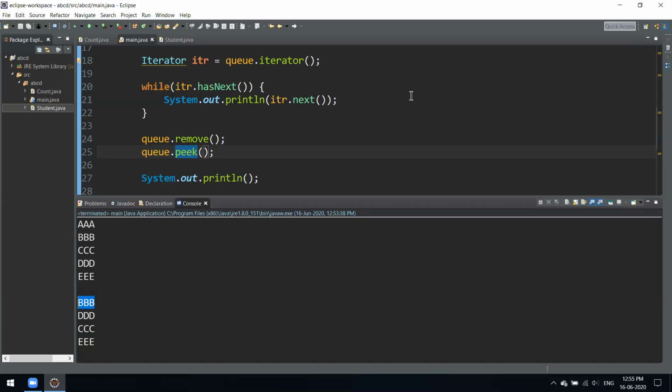Imagine this like a bus. Q is like a bus: the one who comes first goes inside, and he also comes out from the other door. If you travel in Pune's PMT bus, you have to go in from the back door and come out from the front door. So think of it like that. Someone goes in from the back door, and the first person who went inside has to go out first from the front door.